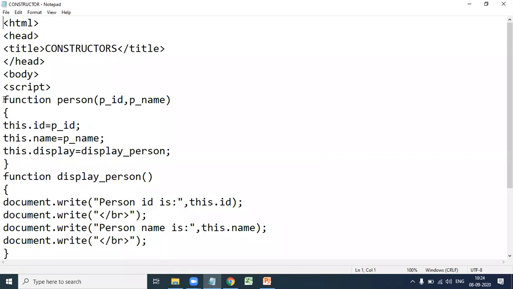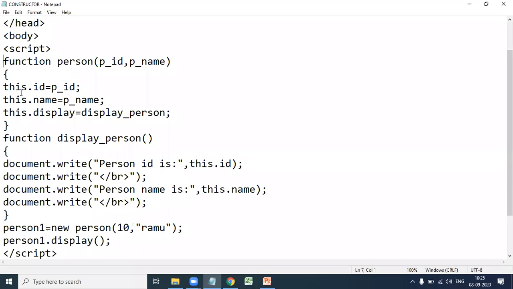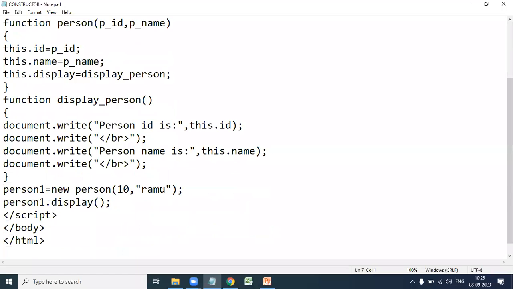Here: function Person(p_id, p_name). So here p_id, p_name are the properties. On display, this.display equal to display_person, where display_person is a function. Next one: person1 equal to new Person(10, Ramu).